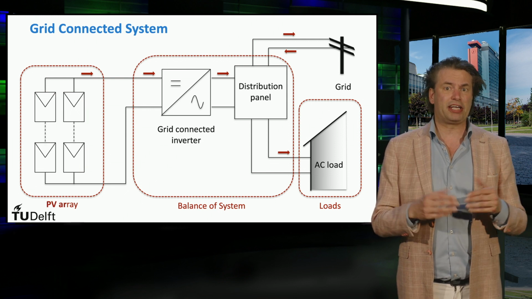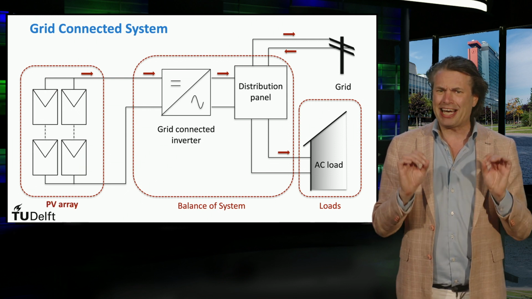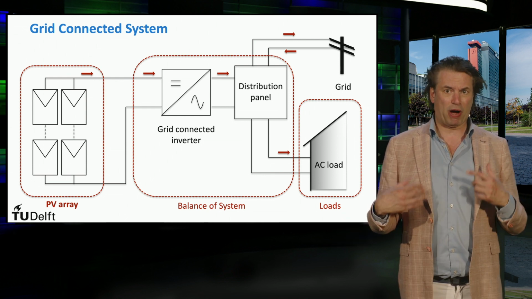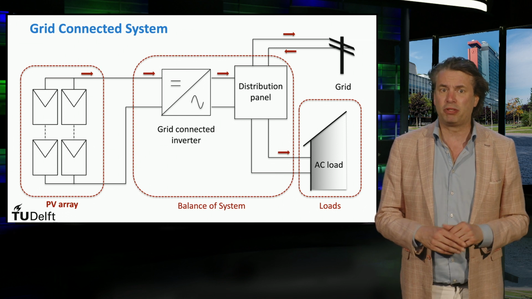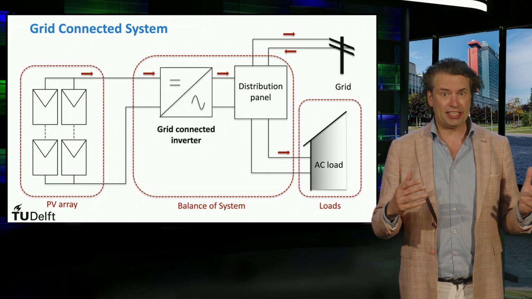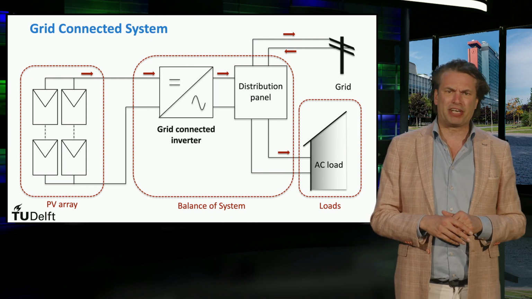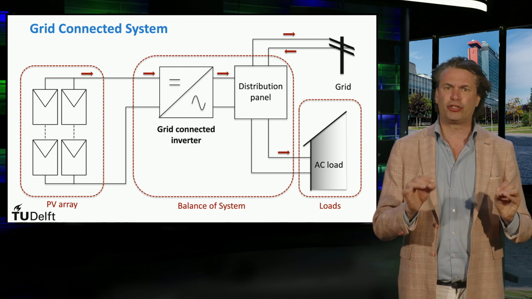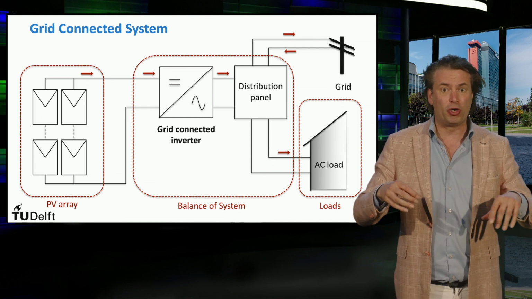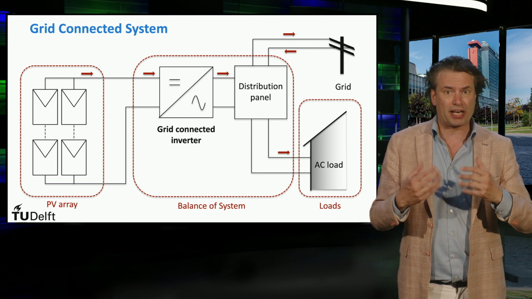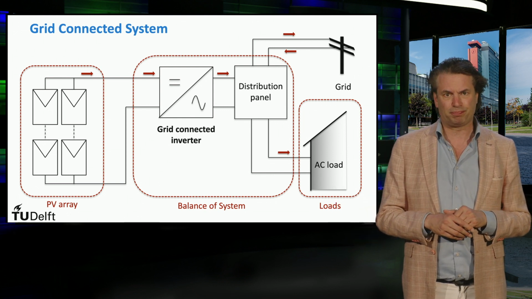The PV array is an interconnection of modules that supplies the required photo-generated power to the system. The power rating of the array is determined based on the system design. The grid-connected or grid-tied inverter is the backbone of the grid-connected PV system. As discussed last week, it is the inverter that is responsible for not only supplying power to the grid as a current source, but also for tracking the grid voltage and frequency.